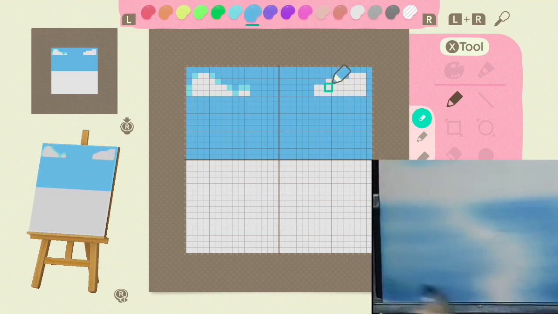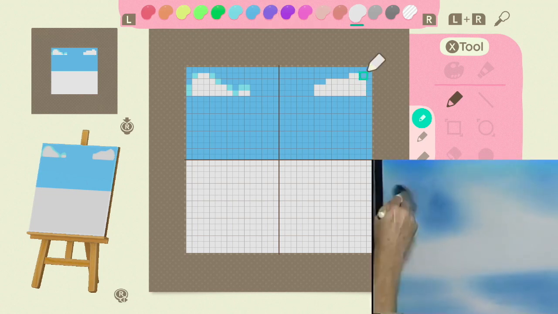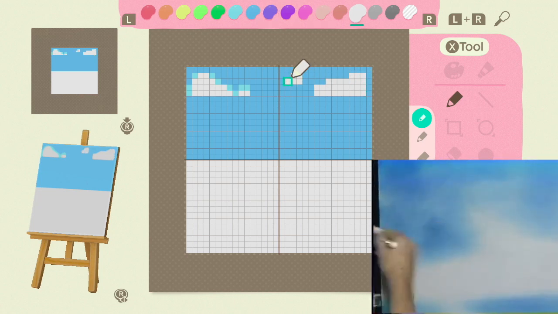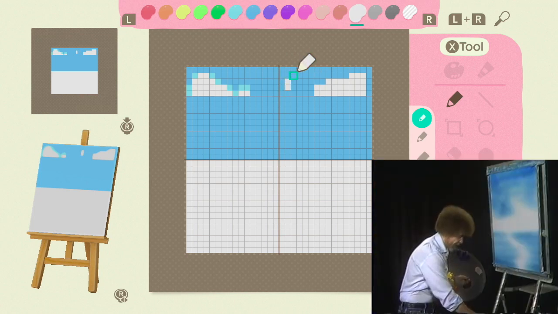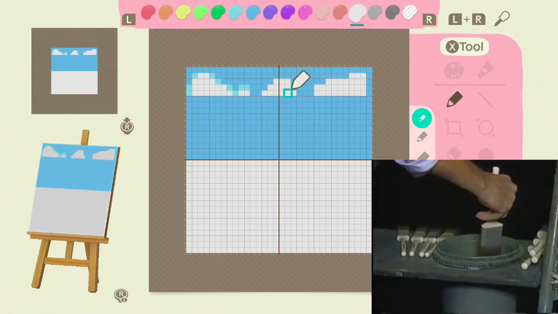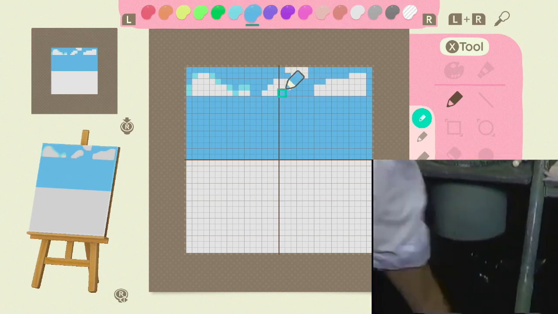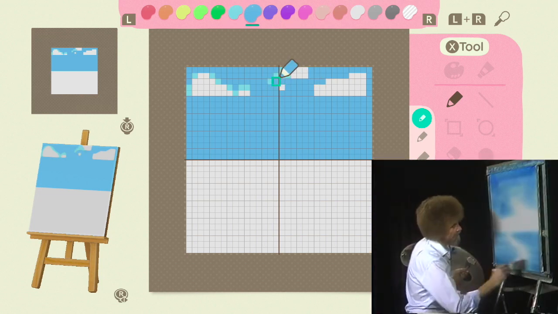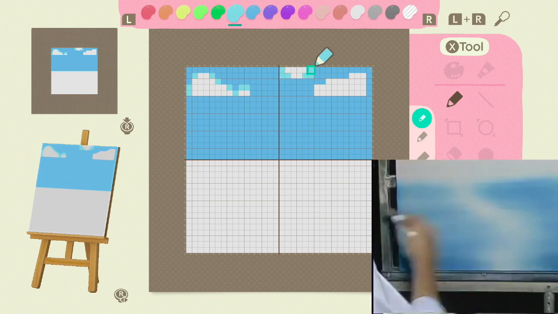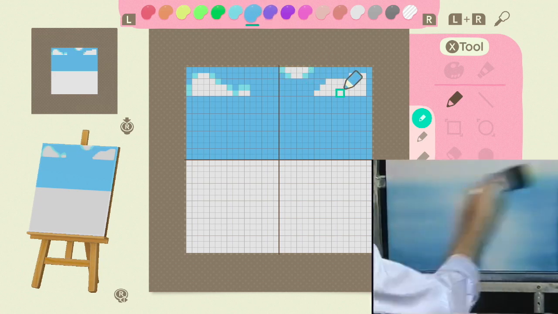So with my clouds, I figured I wanted to do a little line on the inside with a lighter blue, because that gave a little bit of an illustration of it going from a cloud to the sky. And I want people to look at this painting and think, oh yes, that is indeed a cloud in the sky, which can be of course really difficult in Animal Crossing design, but we're going to try our